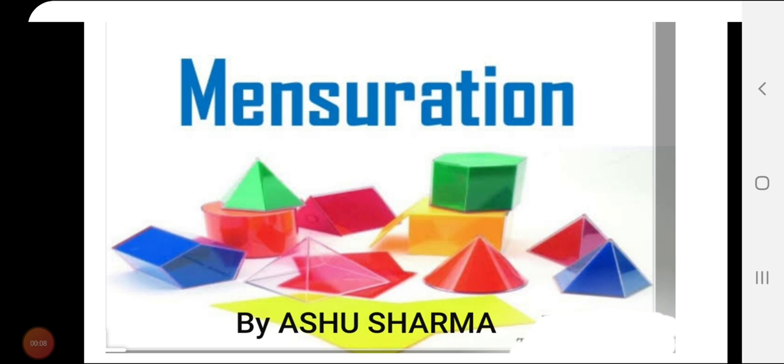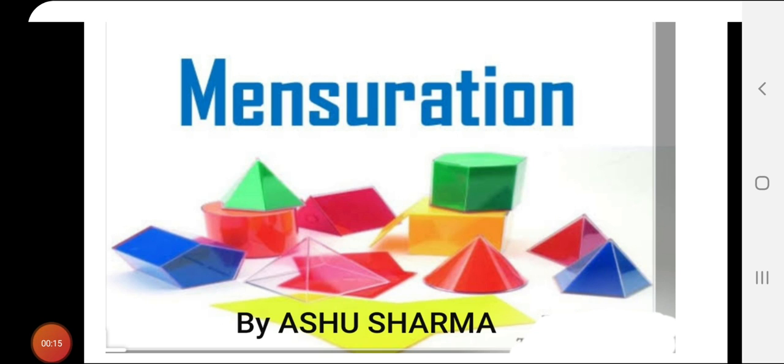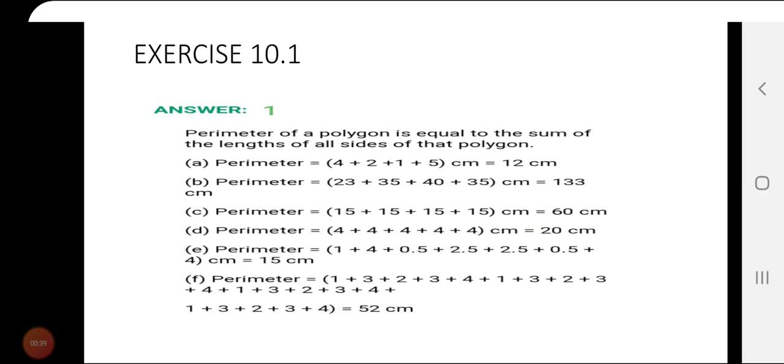Dear students, we have started Unit 10, and in my previous two videos, I explained the concept of perimeter. In my previous video, I taught you how to find the perimeter of any polygon and what we mean by perimeter. Let me first revise that perimeter means the sum of all the sides of a polygon, that is, the total length of the boundary.